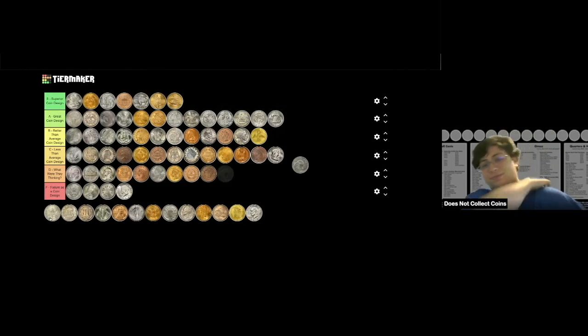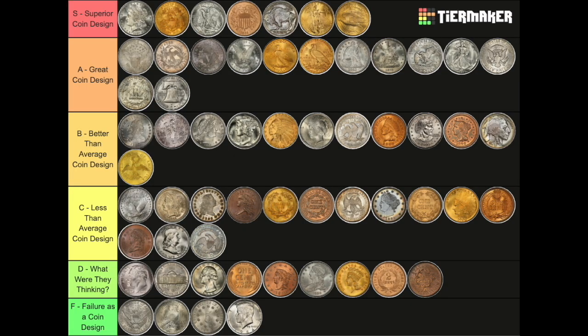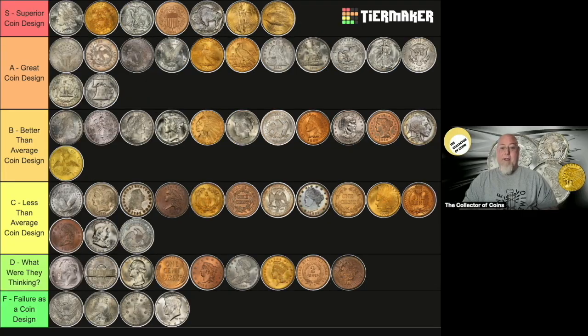Yeah, you ranked it slightly under the half dollar design, which is very similar, so not too far off, and I totally understand what you were seeing there. All right,